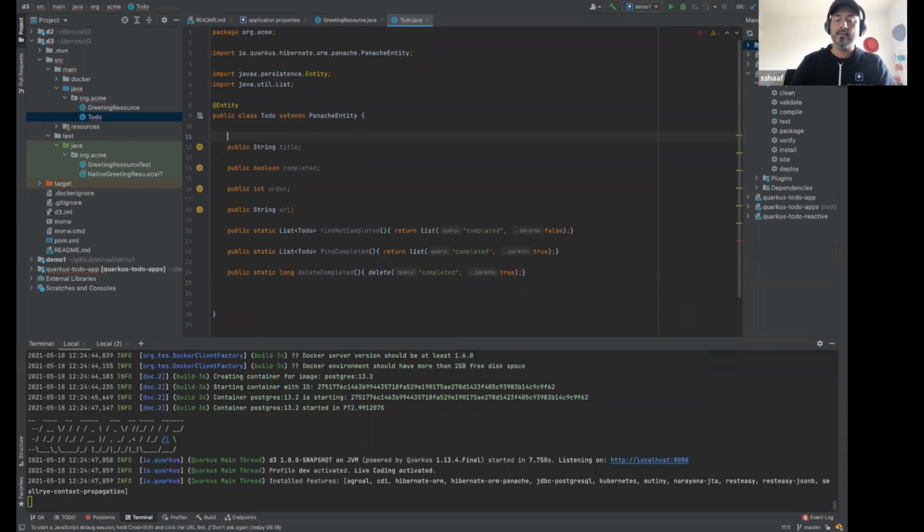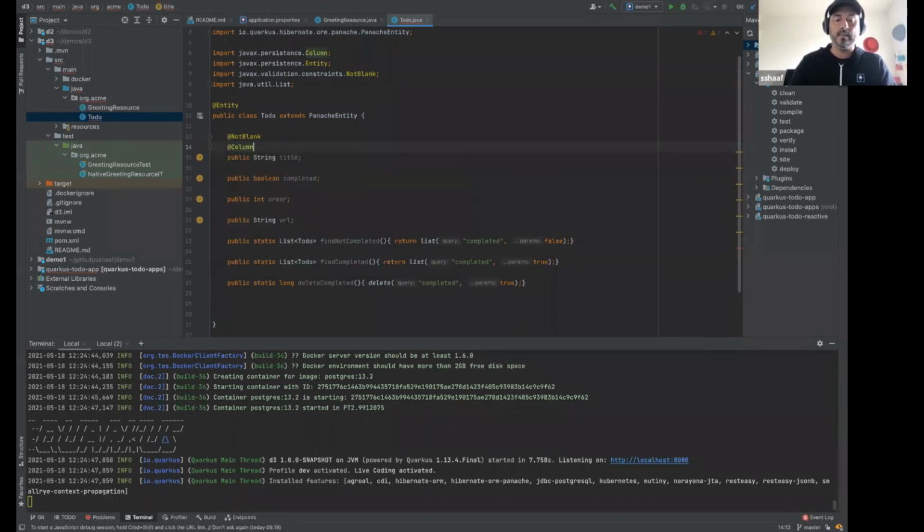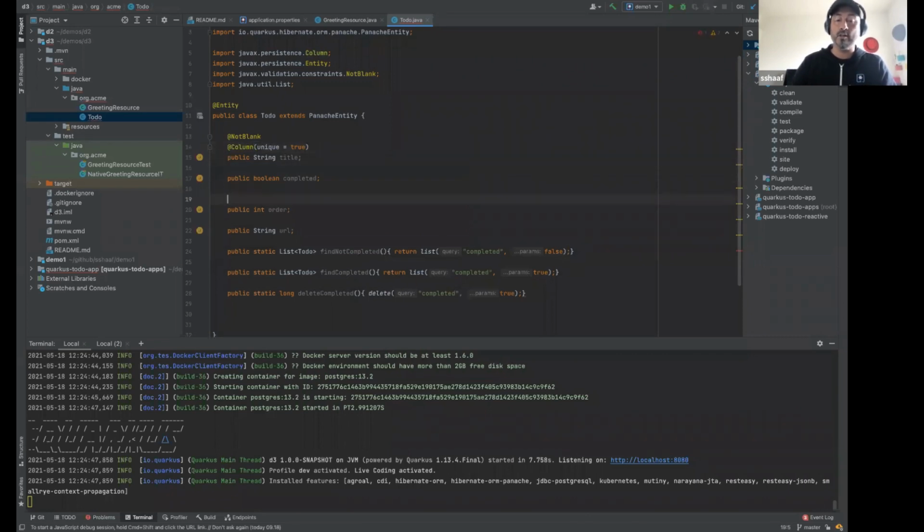I want to say this is not blank, so the title should never be blank. I want to say that this column is unique, and of course, if you all have worked with SQL, you would know that the problem is that order might be a keyword in the database. So let's just say, hey, we want to name this and call this something else. So we're going to call it ordering, so it doesn't bother us, right? So perfect. We have that